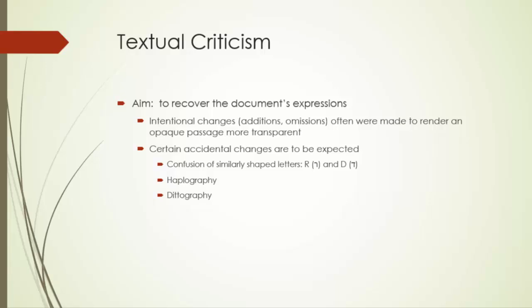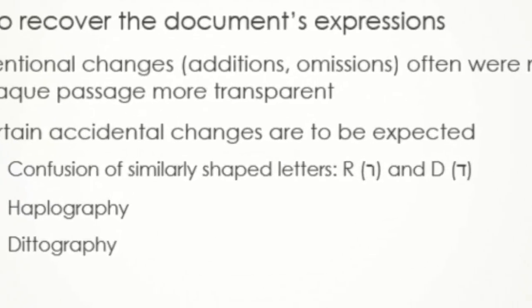For example, there are some letters in Hebrew that are fairly close in their shapes. The R and the D, the Resh and the Dalet. Notice up where the two lines intersect at right angle, one has a little tag that overlaps the vertical stroke. That's the Dalet. The Resh, the R letter, in contrast, has no overhanging tag. Consequently, these can be mistaken in the copying process and result in a different word.